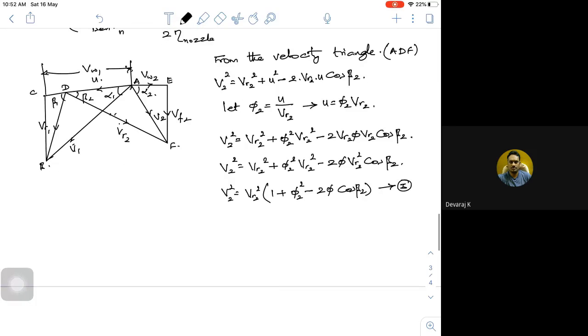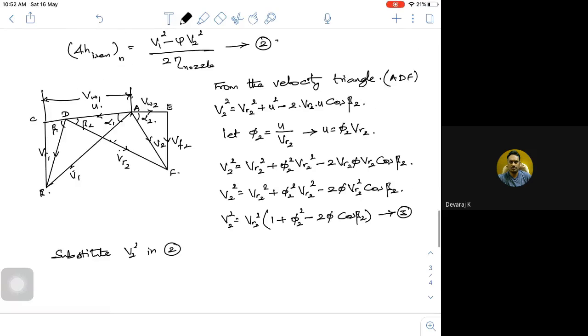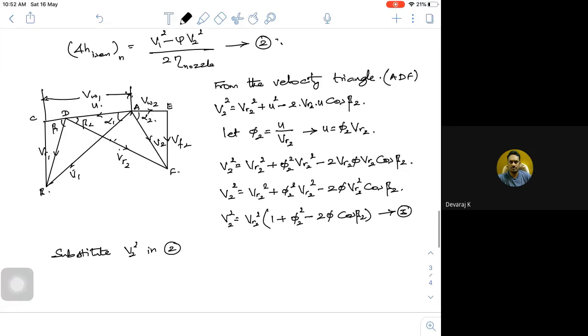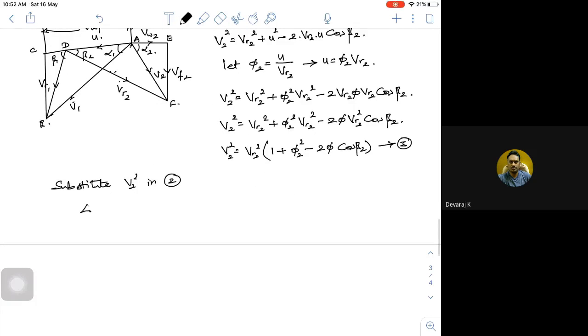Substitute the B2 square in equation 2. So in this equation I am going to substitute. So what will happen to your delta H isentropic for the nozzle or blade, nozzle or stator, whatever it may be? I can write it as V1 square minus